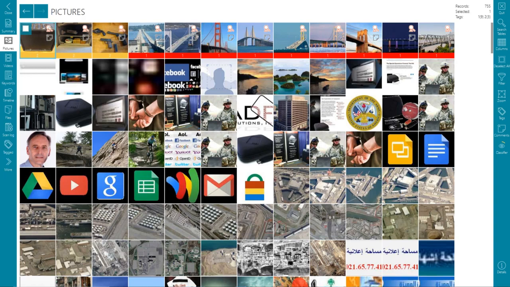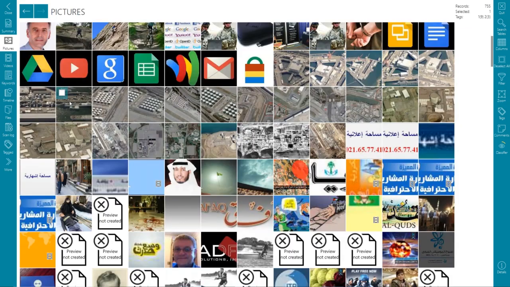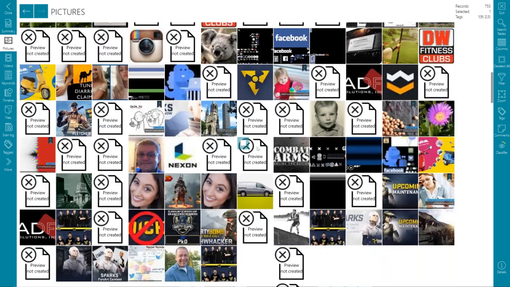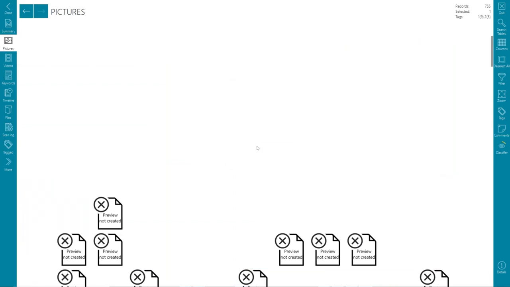It has a little red magnifying glass in the upper right-hand corner. That signifies that these were hits on either keywords or hashes. And you can see we automatically tagged all our hashes, so that's where that comes in. And then I can scan through and see a lot of these other pictures that are here.